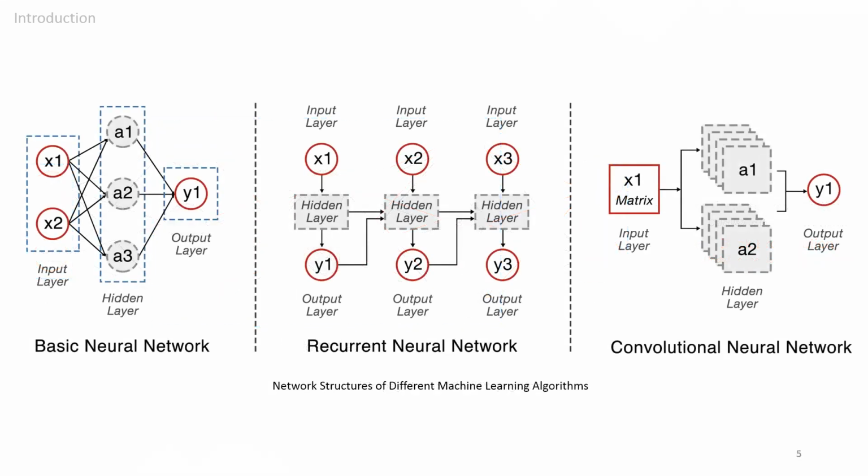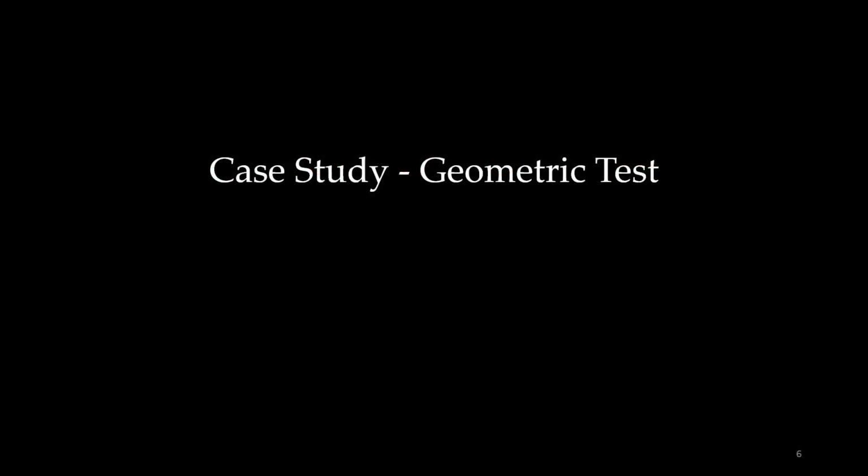The neural structure and the backpropagation algorithm together form the basic unit of machine learning networks, which further inspired the development of recurrent neural networks, repeatedly applying the basic unit to process sequential data, and convolutional neural networks, extending the dimension of the basic unit to process matrix data. So, how can we use neural networks to solve architectural problems? We first designed three example tests to see whether neural networks can learn and generate geometric data.